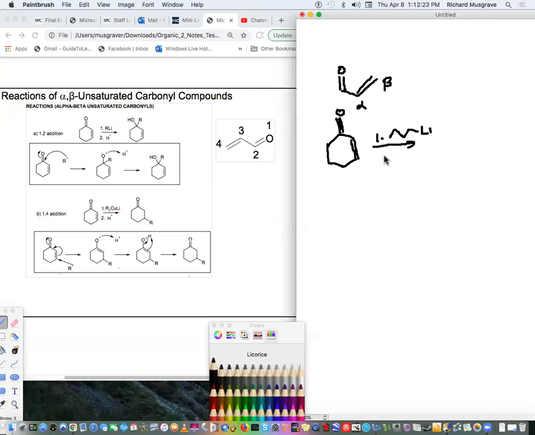Now, when you've got a lithium there, it's kind of like having a magnesium there. It's like a Grignard reagent. And you can really think of it just as being